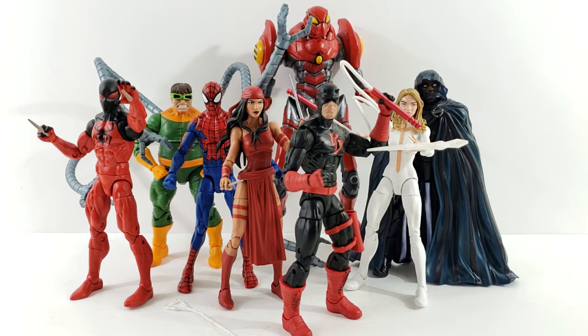I know I talk kind of fast sometimes about these figures or this wave. Let me know in the comments what you guys thought of this wave. By far, it's a cool Spider-Man wave. I wouldn't say it's a knockout, best Spider-Man wave, whereas with certain waves I'm just like, oh, I want every single figure. I was like that with this wave, but I wasn't as excited compared to, say, the